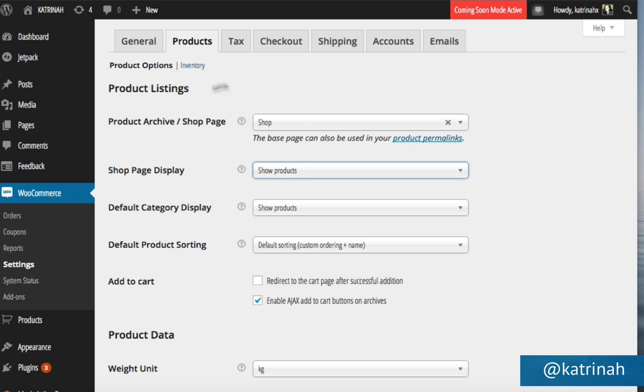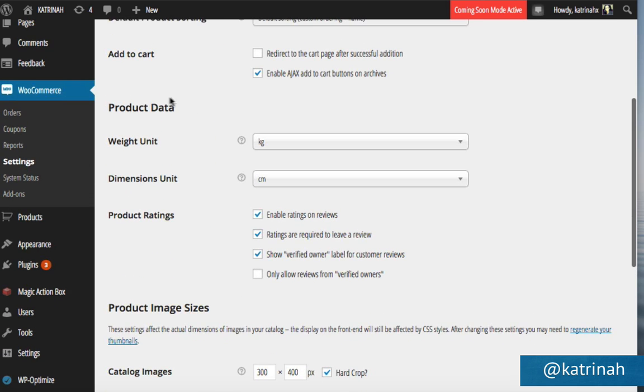So once again, I really like all the different defaults, so I'm not going to change any of these, but you can go through each of these different question marks, check out the tooltip, and if you'd like to make changes, go ahead and do so here. Scrolling down, then we'll have our product data.